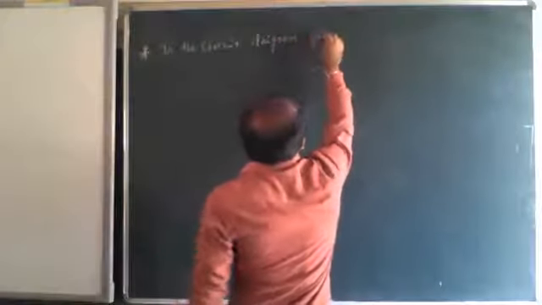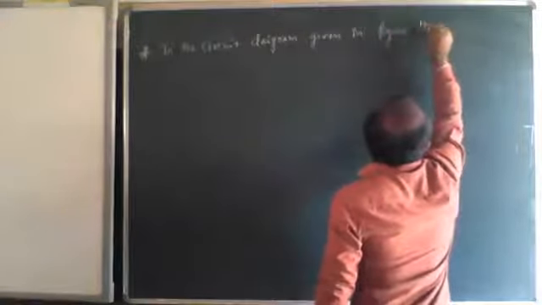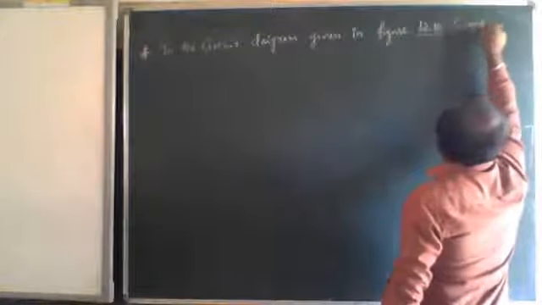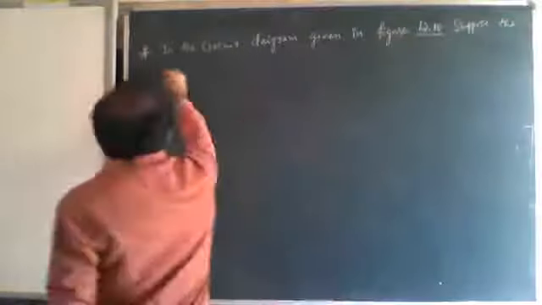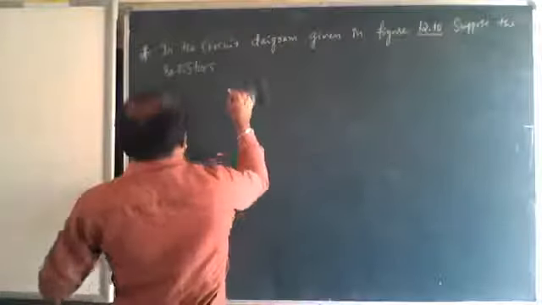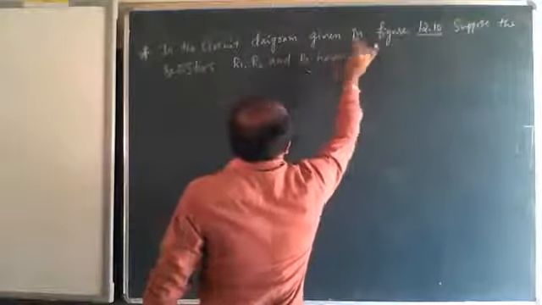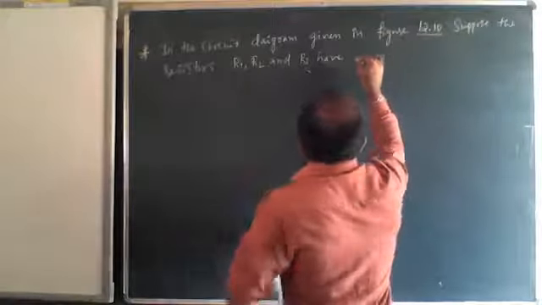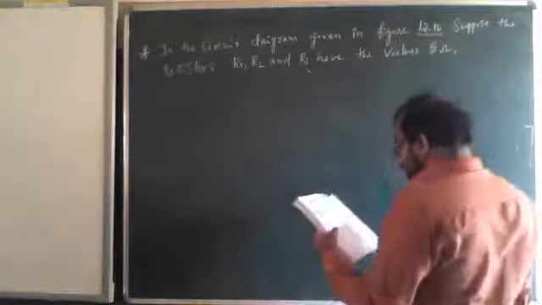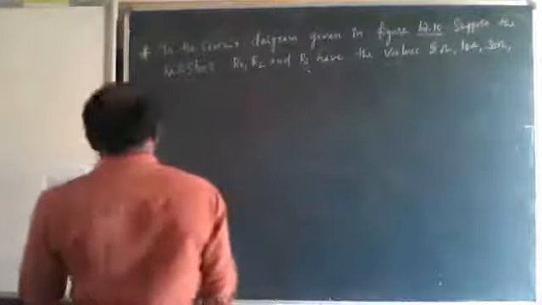Given in figure 12.10. Suppose the resistors R1, R2 and R3 have the values 5 ohm, 10 ohm, 30 ohm respectively,